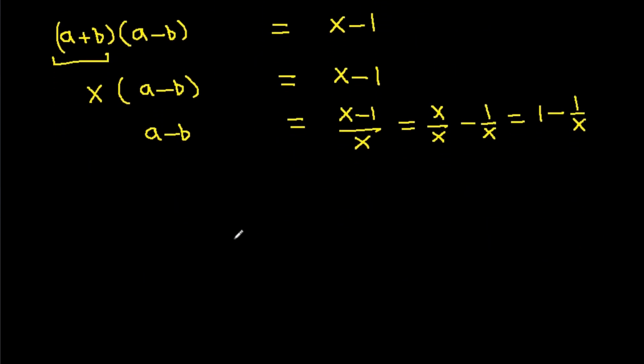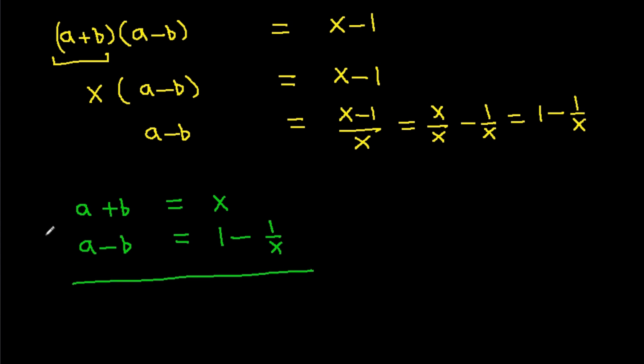And now we have a plus b is x, and a minus b is 1 minus 1 by x. And if we add both equations, then b will get cancelled, and 2a is equal to x plus 1 minus 1 by x,